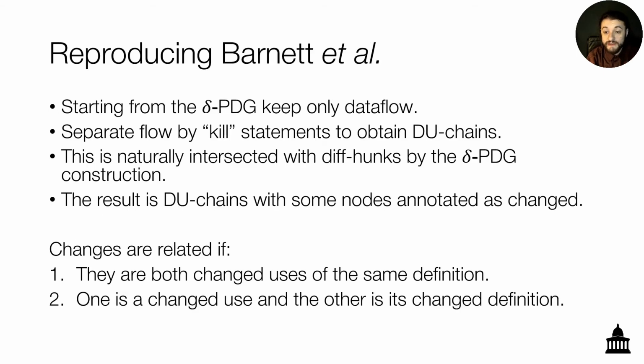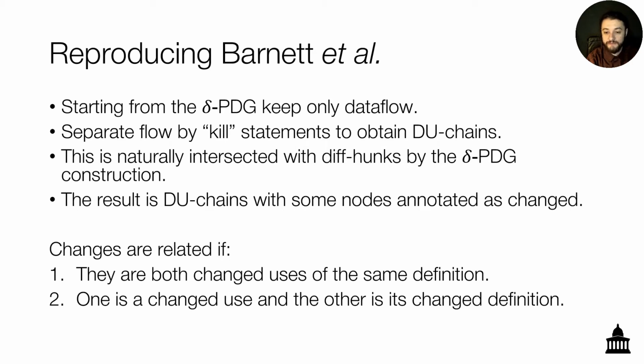To reproduce Barr et al., we first take a data flow-only view of our δ-PDG. We separate the flows by kill statements, such as assignments, to obtain DU chains. Due to the construction of our δ-PDG, these chains are already intersected with the considered patch. Barr et al. then formulates two relationships across which concerns should be the same: when the changes are of uses of the same definition, and when the definitions change in tandem with one of the uses. We propagate the relationship across our chains by message passing, starting from the hypothesis that each change is a separate